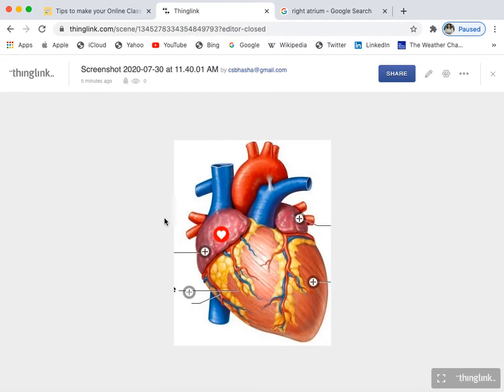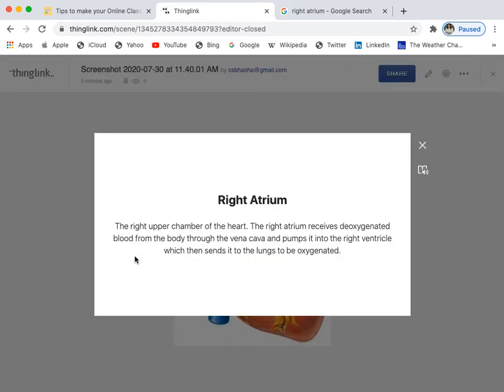If I do done, and I'm explaining this to my students and sharing it with them, I'm saying, what is this, children? This is right atrium, this is left. Now let's talk about this section. If I have to say something more about right atrium, I'll click, and it will show me the meaning. Now it's not enough. Just see, it's not over as yet.